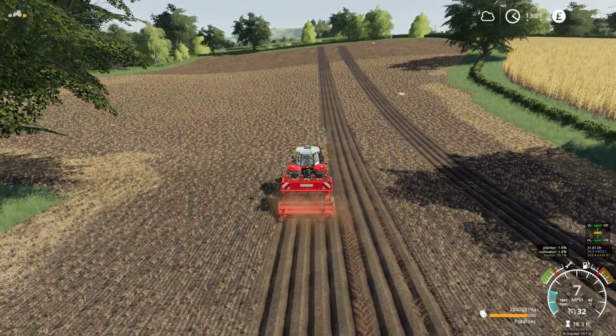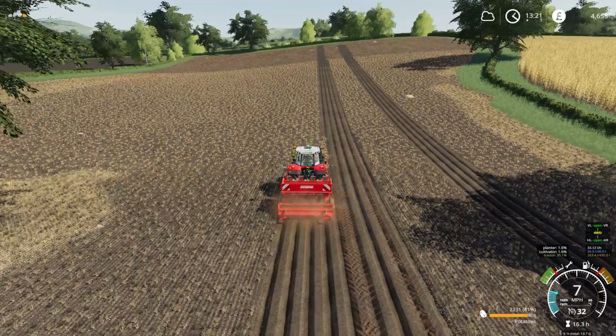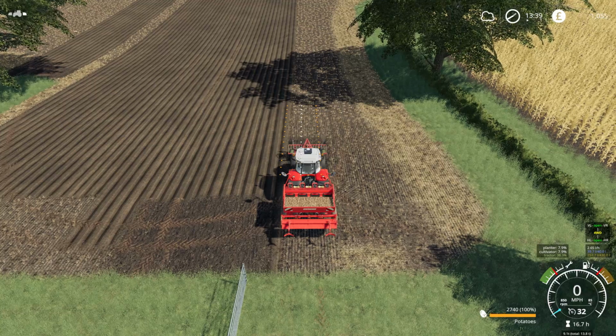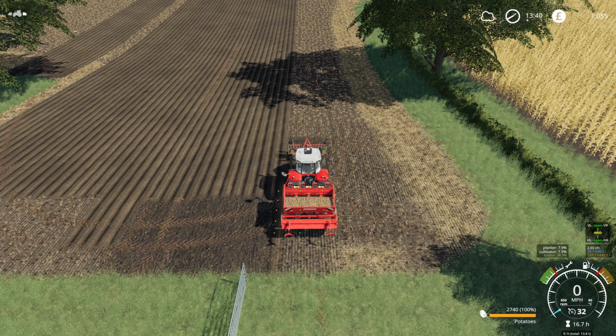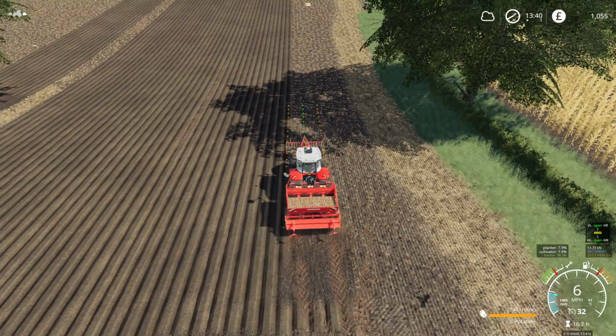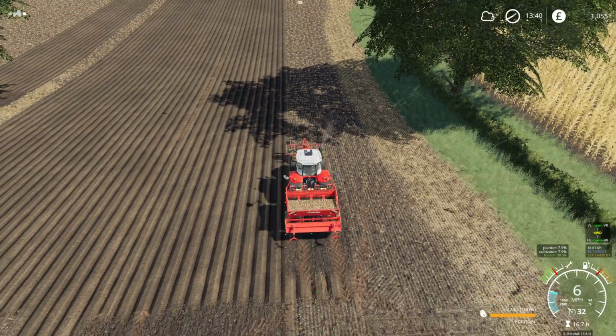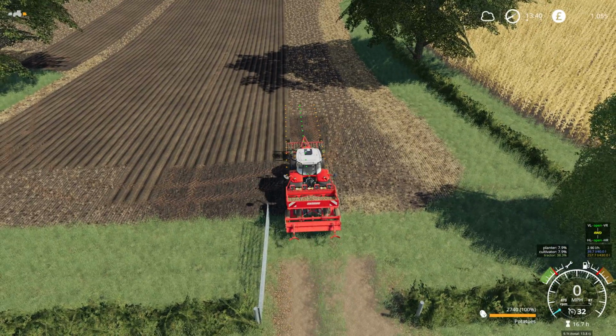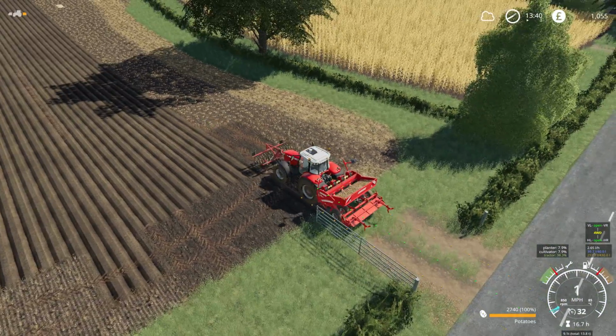Let's do a jump cut and see you back in a second. Right, so this is the second load I just loaded, and let's plot the course and see what we can do. Turn on the seeder. It's not lowered, that's good. So my problem is